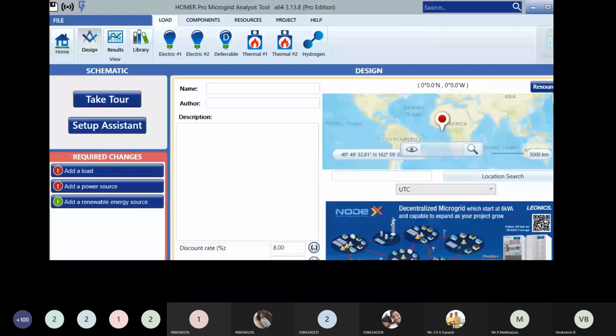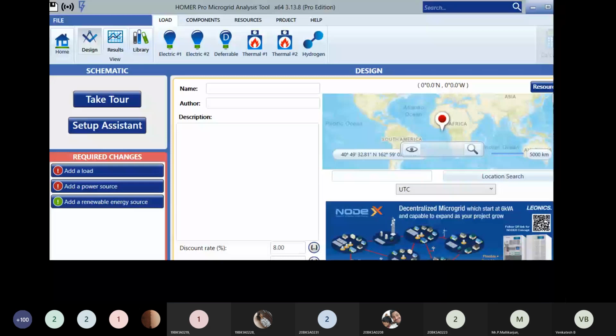Please understand, dear students, what I am explaining here. I think you are in front of the HOMER menu, HOMER software. Every 15 minutes I will ask about whatever step I have done, because 95 students are there. If you are unable to do it, immediately tell me where you are stuck and I will explain. Are all of you able to give name, author, and the location?